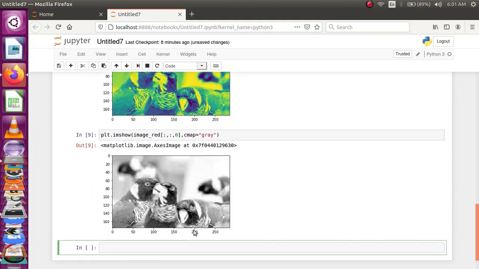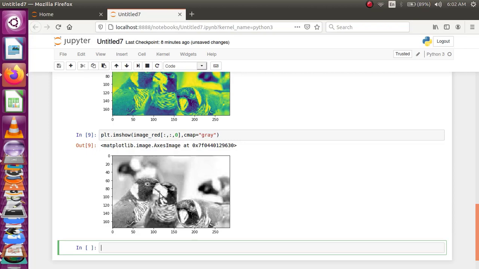So passing this color simply tells it not to color code the intensities. It doesn't color code any intensities. So brighter pixels approaching white mean that there is more of that color at this location. Pixels approaching white are nothing but these pixels. They have more of the red color.